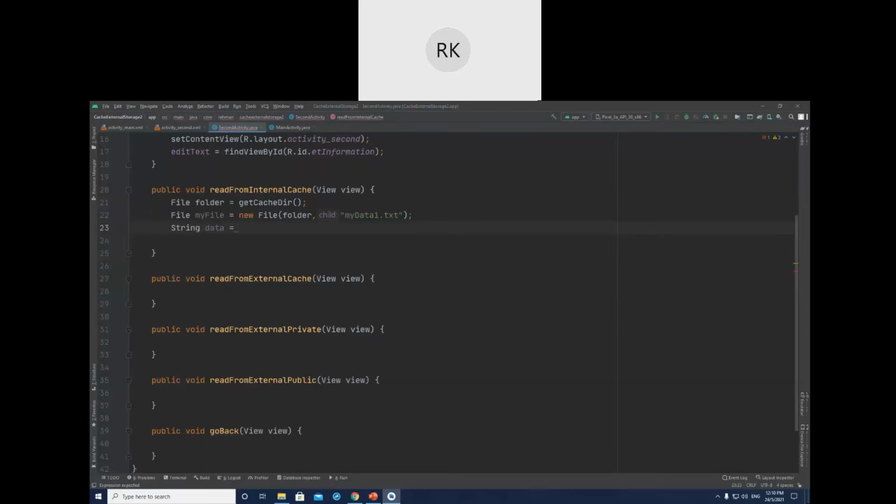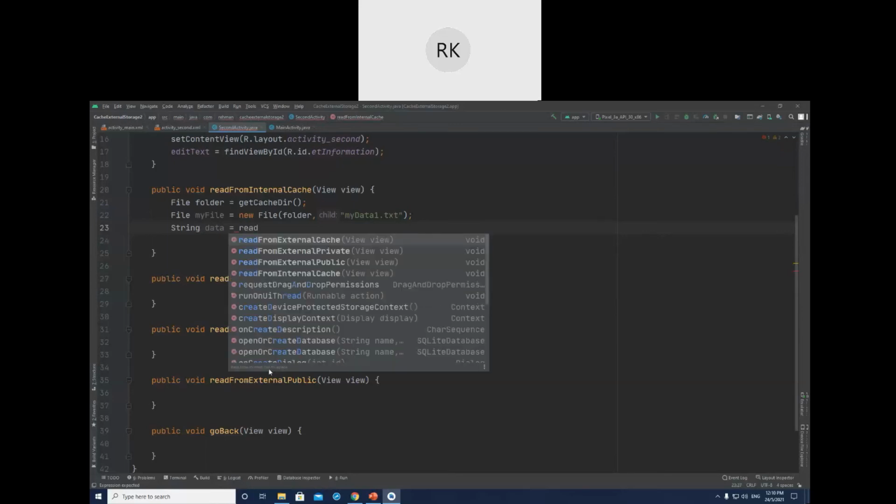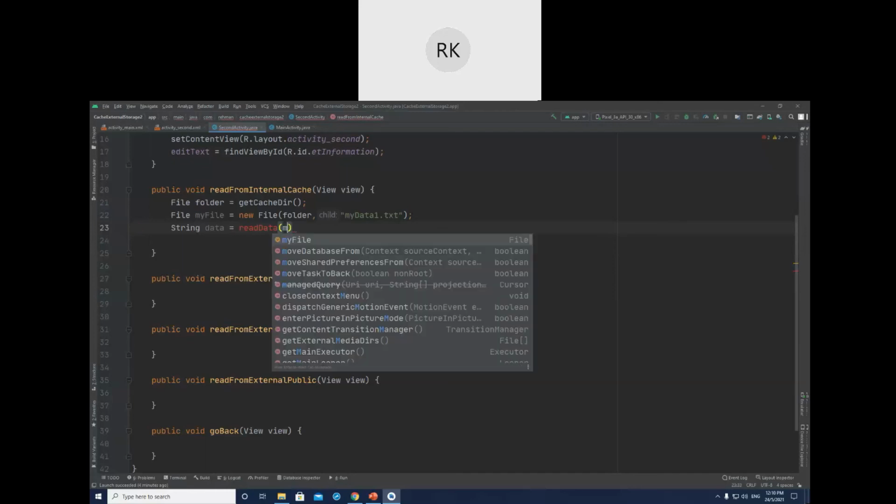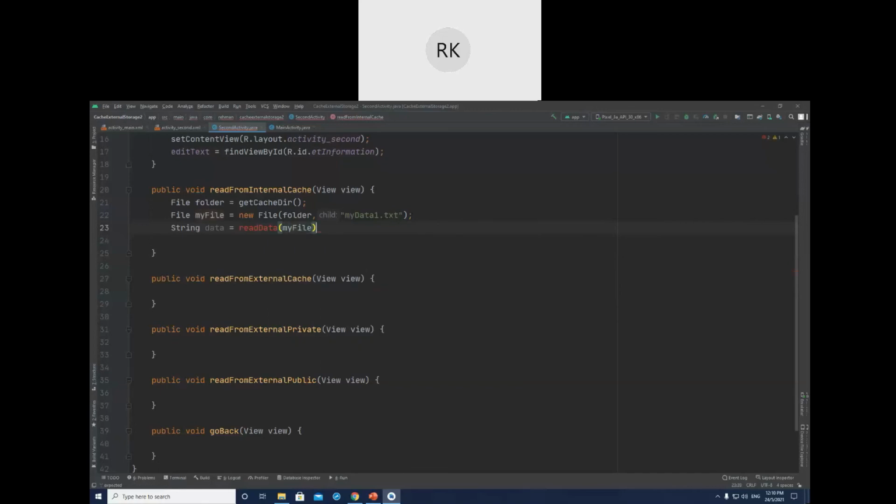So readData will be the function that we will create, and it will only need the file information, that from which file we should read.